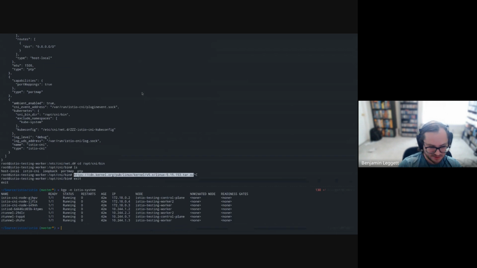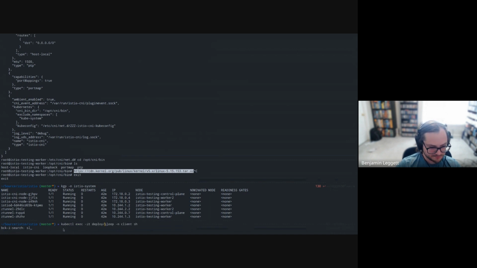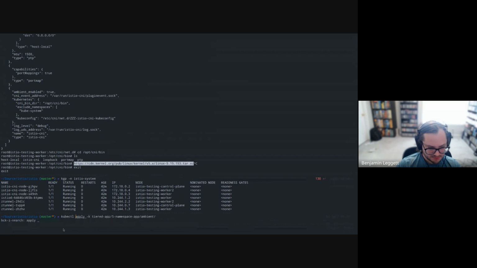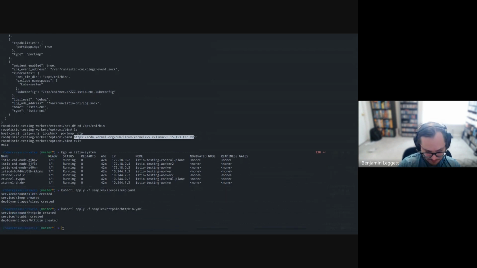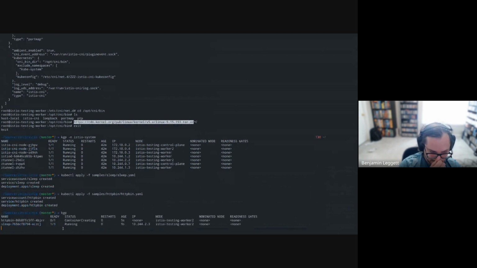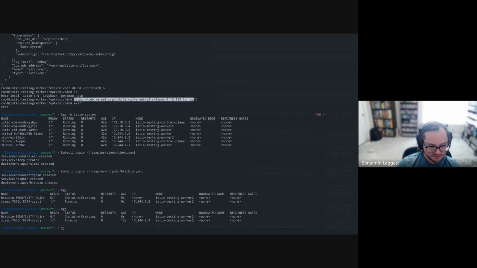Just to give you some context on how to read some of the CNI logs, maybe I've got debug logging enabled, and let me go ahead and actually deploy. Where's my sleep? Samples. All right. I've already labeled this namespace, so these pods are now captured in ambient, or will be once they're finished starting. These are on worker 2. So if I go ahead and look at the Istio CNI on worker 2,